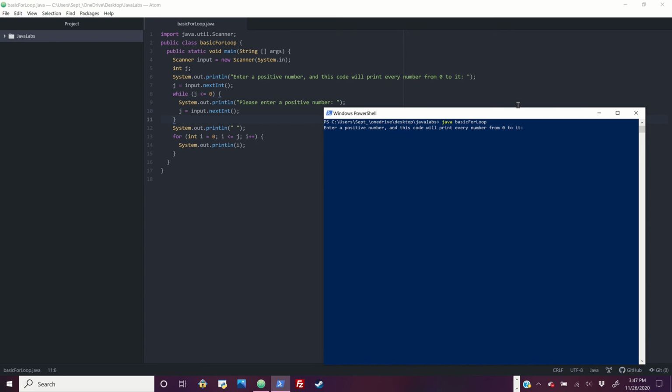Enter a positive number, and this code will print every number from 0 to it. If someone wanted to be sneaky and input, say, -5, it'll boot them out and say please enter a positive number. Now, if this were an if statement, this would only work once before the program would end,